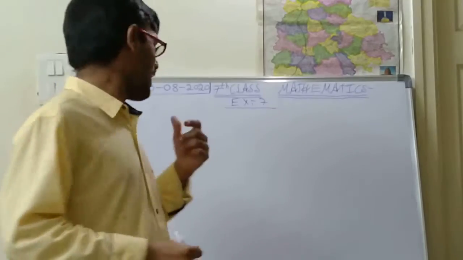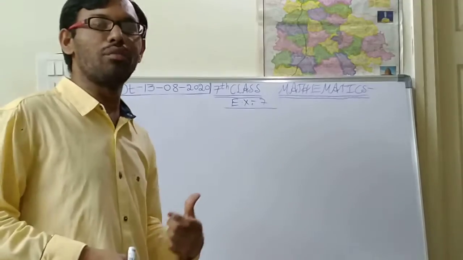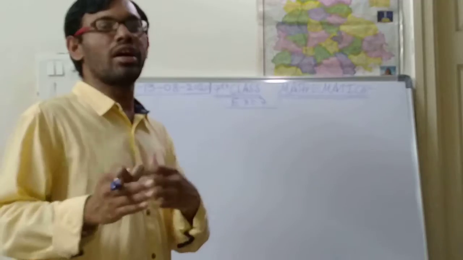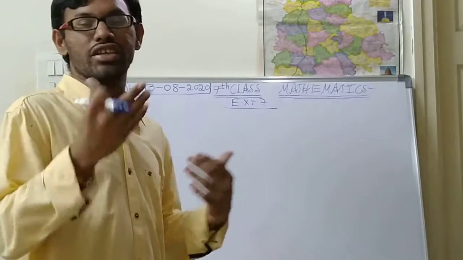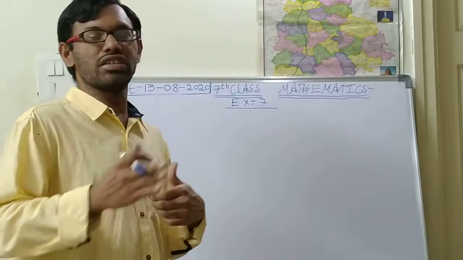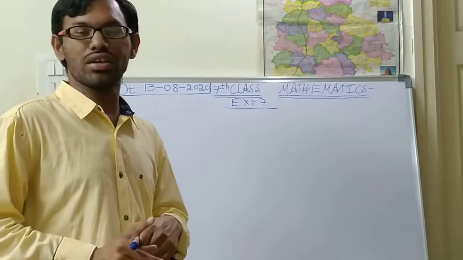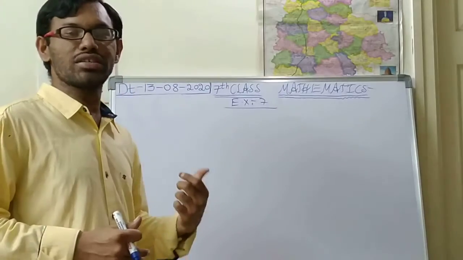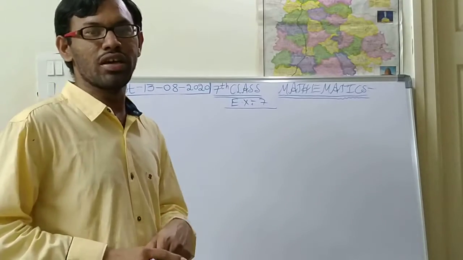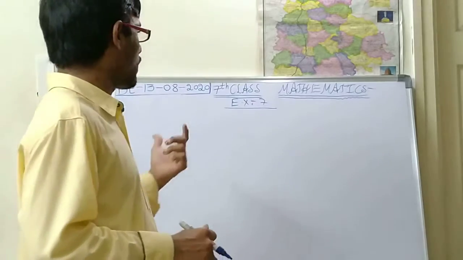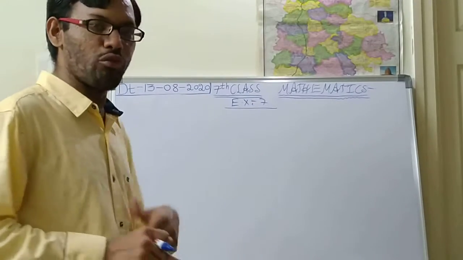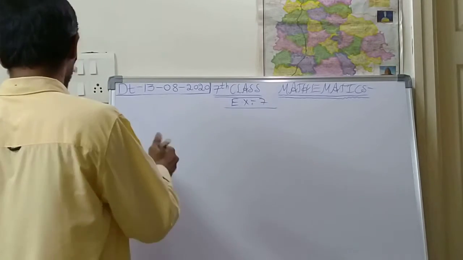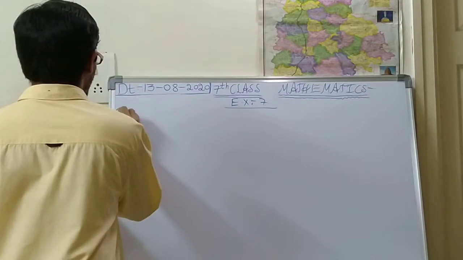In the previous class, we started the word problems of exercise 7, regarding integers. How the integers will be multiplied and how the integers will be added, like that we are seeing in the word problems. In the previous class we completed 2 problems in the exercise, and today we shall go on with some more problems in this exercise. The next one is the fourth one I am explaining.